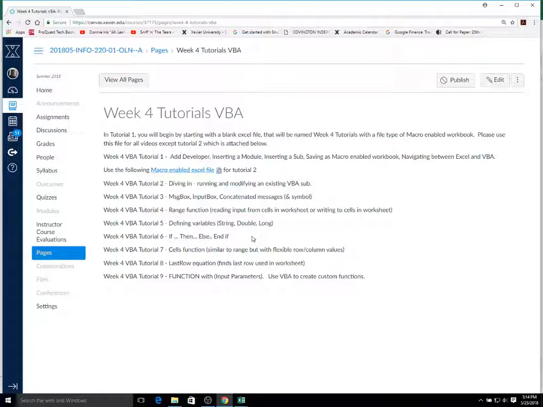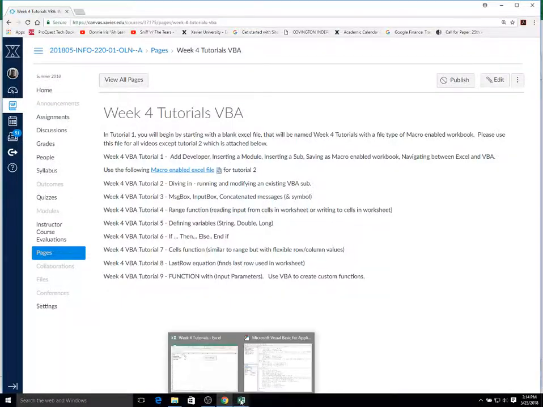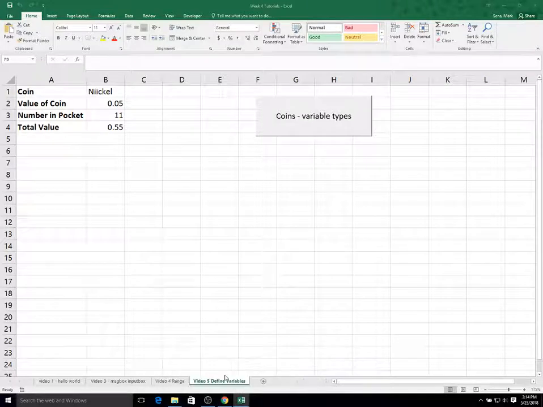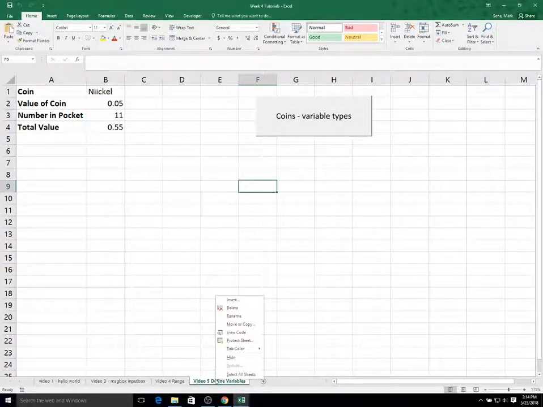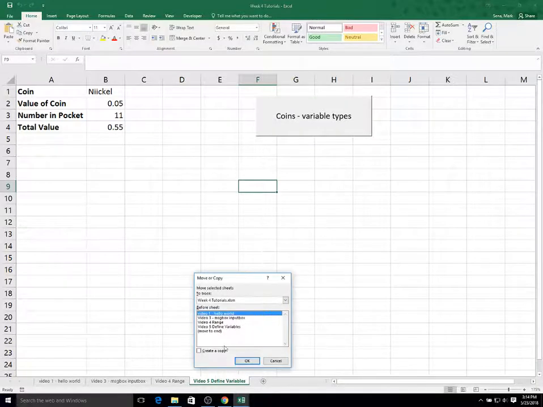In order to do this, let's modify the data that we used in tutorial 5, where we were using the coin data. So let's make a copy of that spreadsheet, because we're going to run the exact same thing, except this time we're going to use if statements to automatically input the value of the coin. So I'm going to right click on the sheet name and select move or copy, and I'm going to click create a copy,